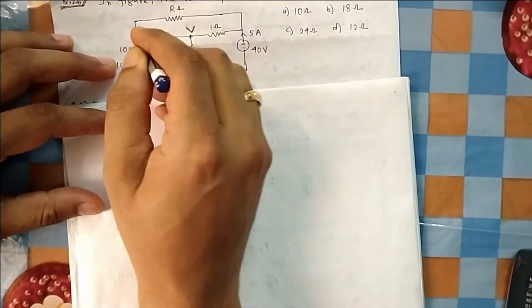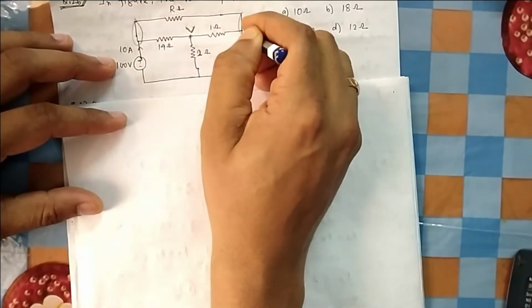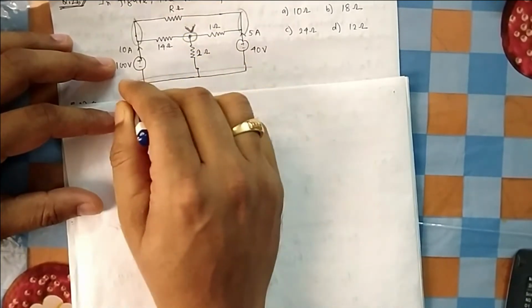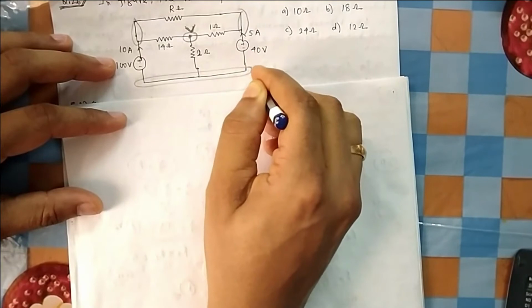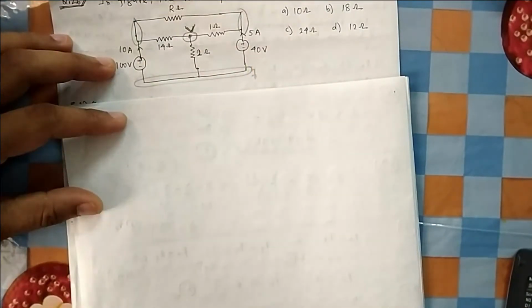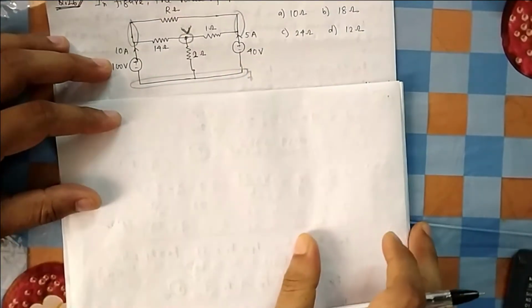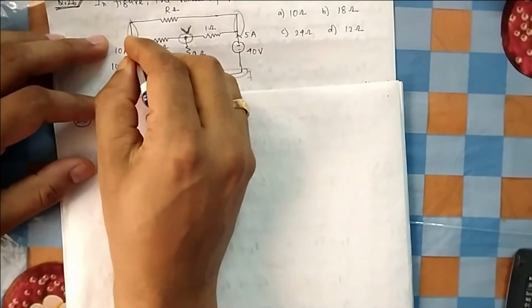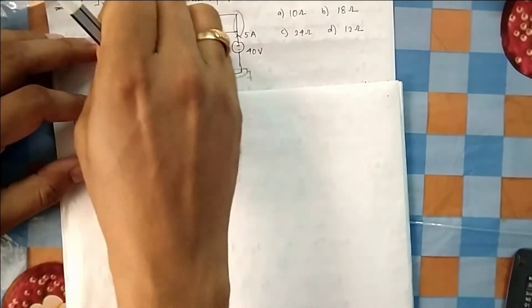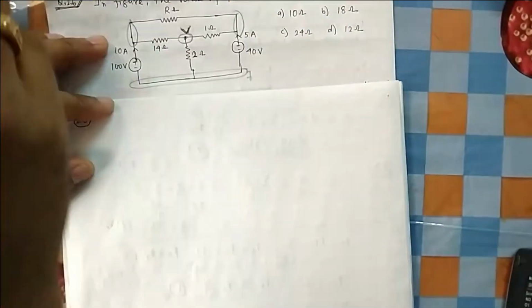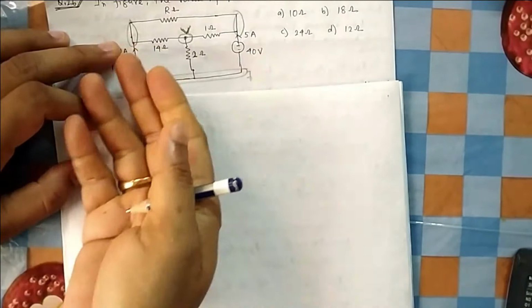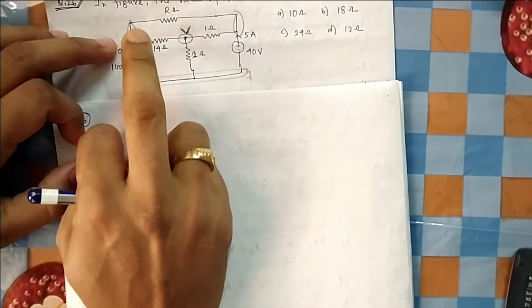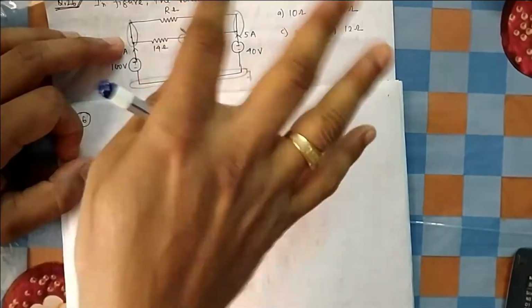So for nodal, this is a node, this is a node, and let me take the voltage of this node equal to V, and one node you have to take as a reference node. So this is my reference node, which I have considered as ground. If you are considering this node, that means this node is at a higher position and everything is coming out of it.